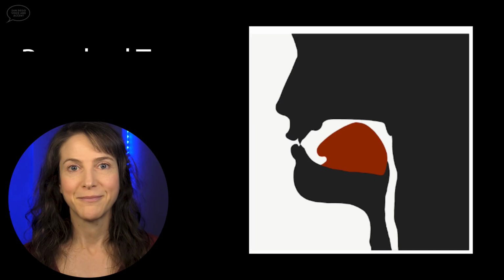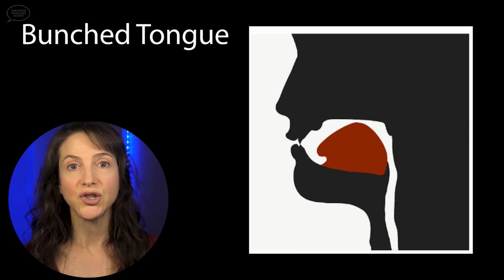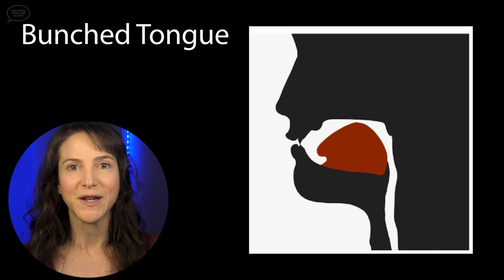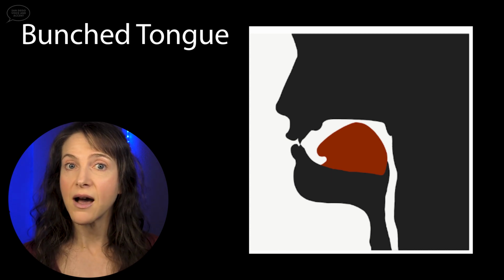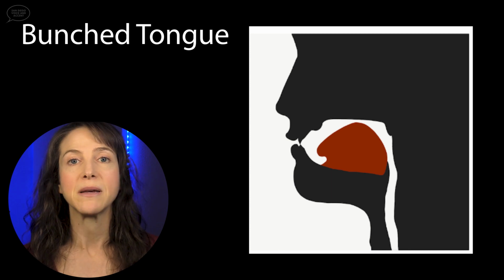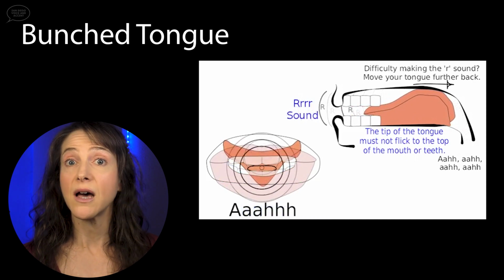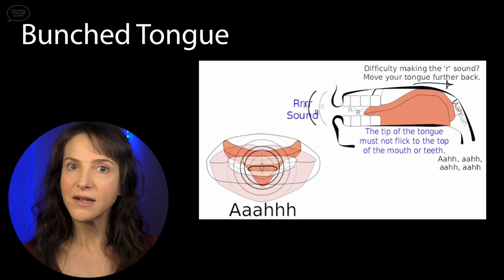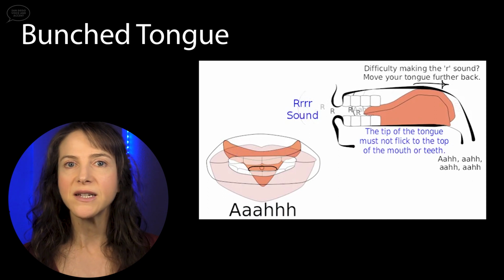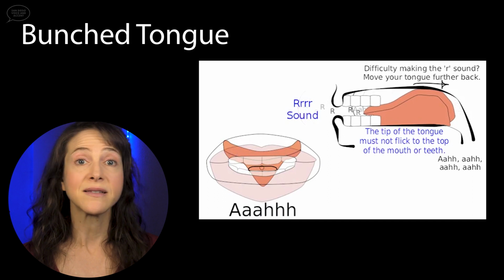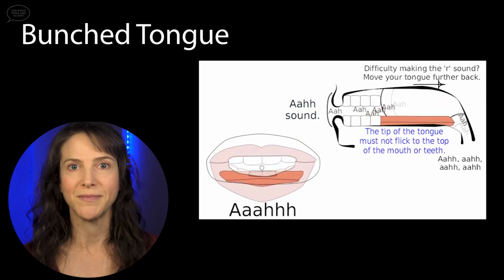Some of you may have learned that there are two ways to make the American R consonant. One way is called the bunched tongue position, which is what I'm teaching you in this video. And the bunched tongue does not use the tongue tip to make the R consonant. All that happens is the back of the tongue pulls up and back, just like I've described, and the front of the tongue just comes along for the ride. The tongue tip doesn't move up or down, it's neutral.